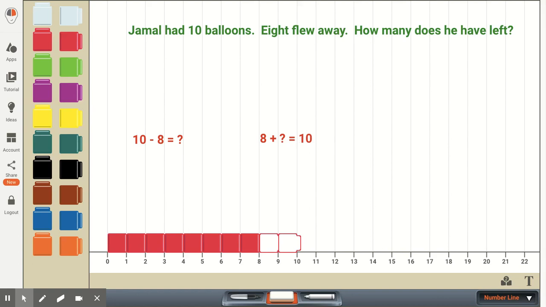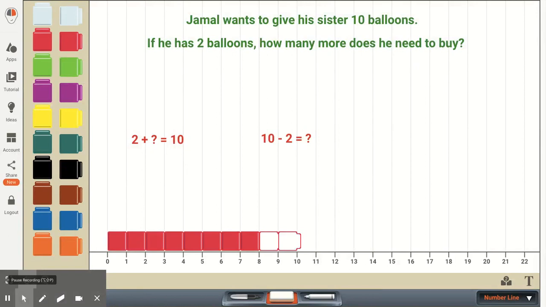What they might find is, yes, they can write this as 10 minus 8 equals something, but they're not sure of the 10 minus 8. And they can write this as 8 plus how many? Then they may be able to more quickly solve this and know that 8 plus 2 is equal to 10. Conversely, a student may first come up with an addition problem to solve a word problem, and then they might realize that it might be easier for them to use a subtraction problem.